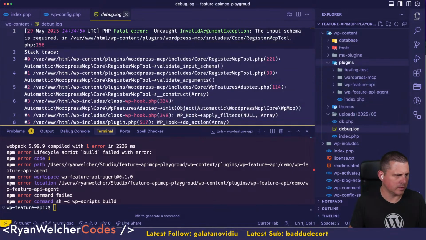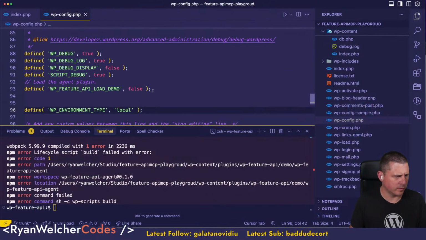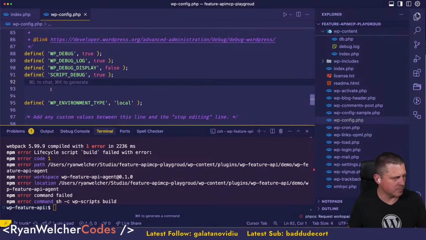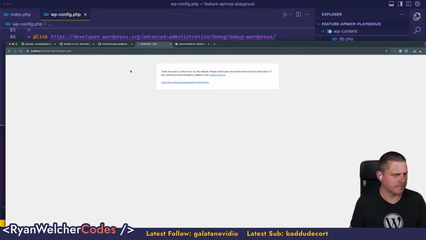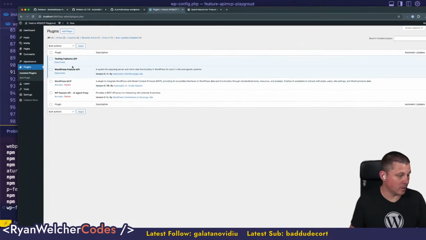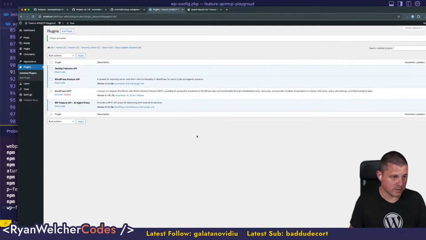Okay. So let's go to this thing, and we don't need this anymore because it will be its own plugin. Jump over here. Okay, so let's see. So we get the feature API. So then if I turn this on, I should get the little doodad. We do. Okay, cool. So I have to deactivate this. So now if I activate this,